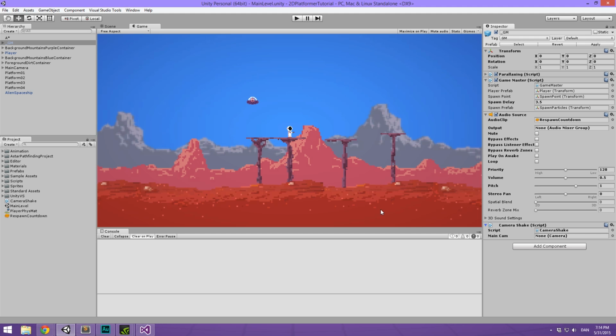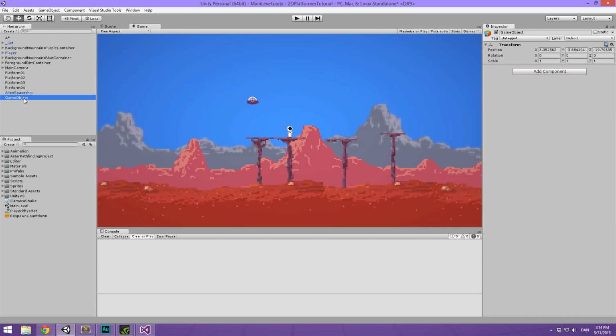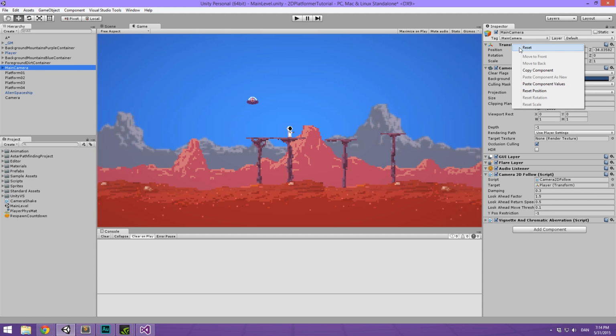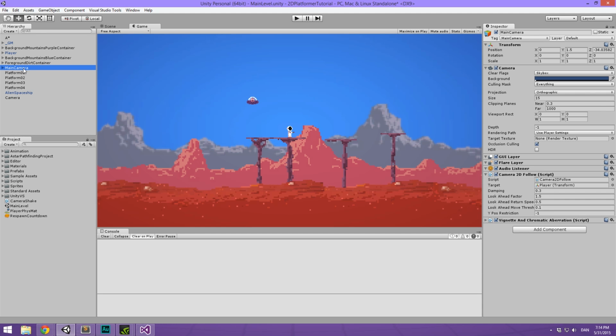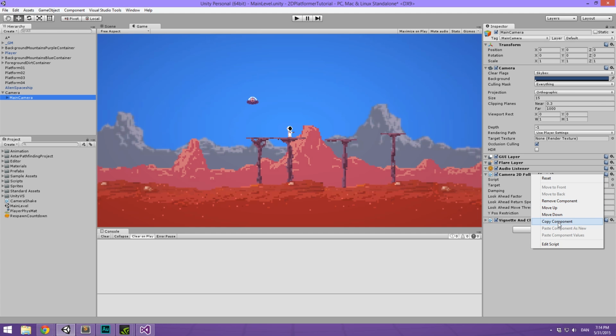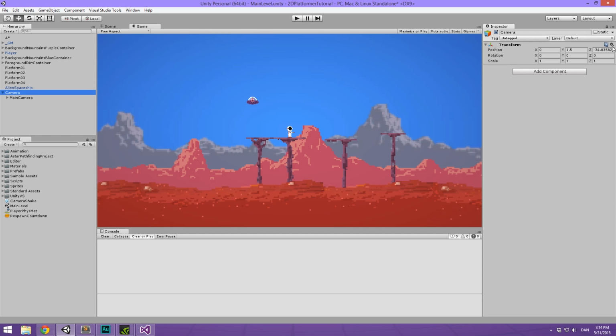There we see the main cam variable. So the thing we are going to be doing here is we'll take the main camera and we'll just make an empty object, and we'll call this just camera, and then we'll copy the transform values, so copy component of the main camera, paste component values into the camera object, then drag the main camera under camera, then copy the camera 2D follow component and remove it from here, and then paste it as a new component